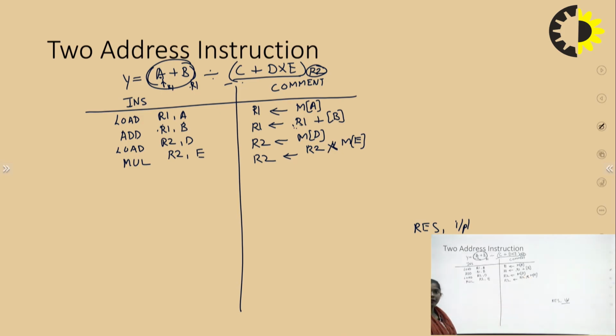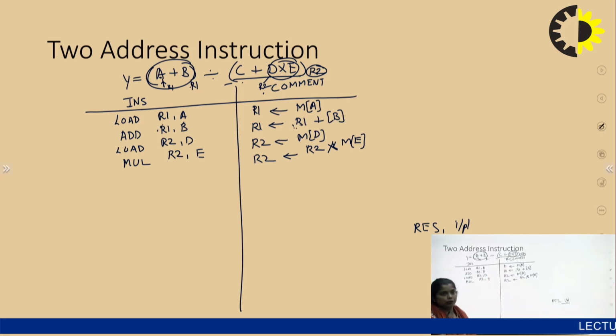This is the multiplication. Now, after the multiply, there is a C. All D into E will be stored here in R2, because R2 is what? R2 is the register, that is a temporary buffer. Every time your previous values will vanish and the next value will be stored. So now the content of R2 is D into E. Previously, the R2 content was D.